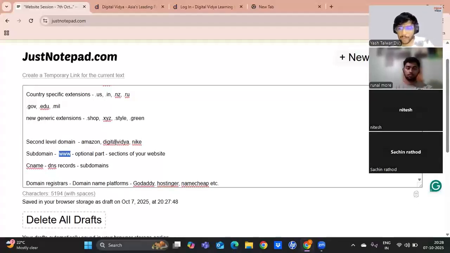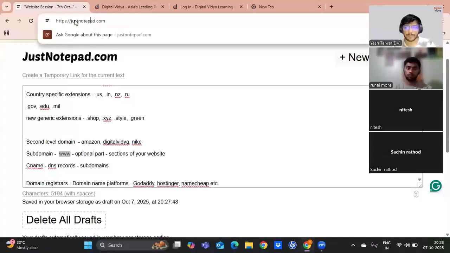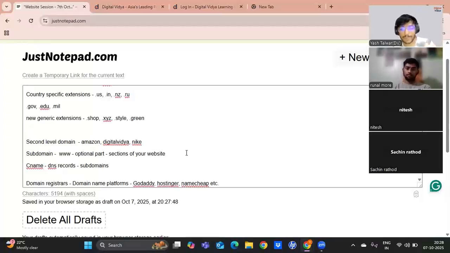Usually, you will see www dot, like I said, most of the times you will see www, right? Or there will be no subdomain, just like here on this website. This is just notepad.com. There is no subdomain here, right? So it can be either this or www dot. Most of the times you'll encounter these two things. But there can be other subdomains also that can be added. One of the examples that we just saw, training dot, that is before digitalvidya.com, right? So training.digitalvidya.com, training dot is the subdomain in that case.